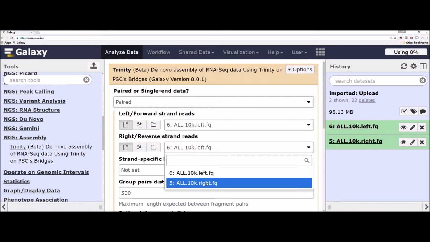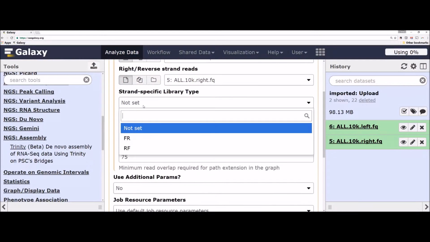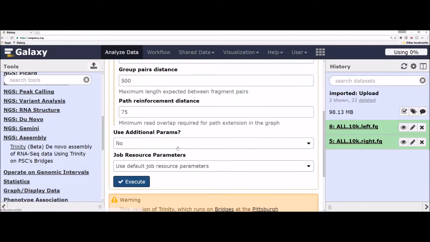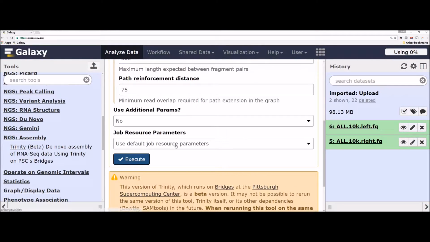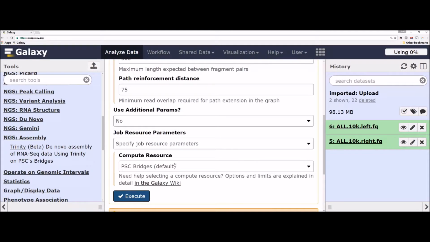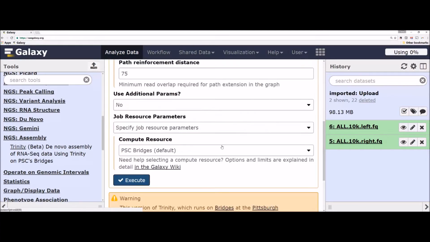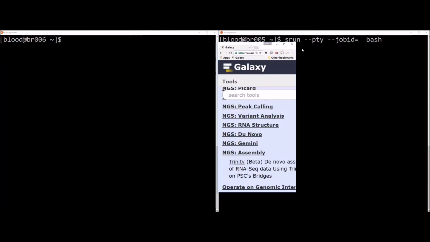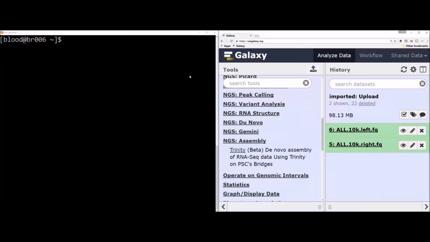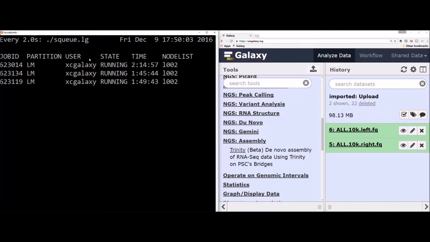So we select the input data that we need, set some parameters, and by default these jobs will all go to Bridges. In some future day there may be others, but right now Bridges is the site that supports this, so we go ahead and execute this job. But before I do, I'm going to take us over to this view over here on Bridges. So I'm logged into Bridges right now, and we're going to watch the queues so we can see this job pop up